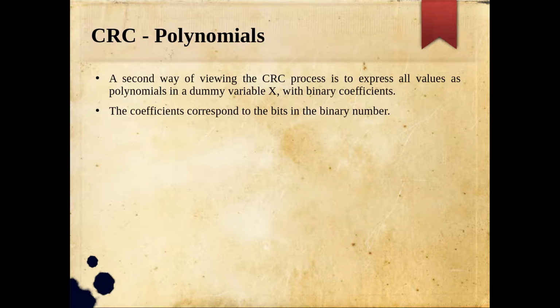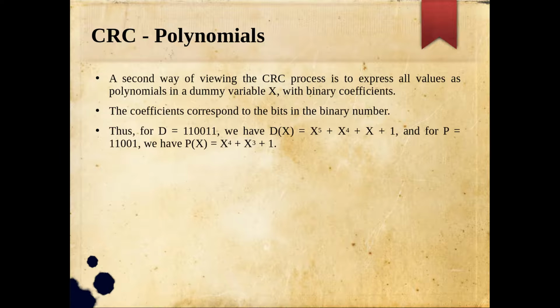So the coefficients correspond to the bits in the original binary number. Just take an example, it will be clear for you. Suppose this is a message we want to communicate, say 110011. You view this message as a polynomial of variable x. See how many bits are there, 6 bits. So it can be expressed by a polynomial of degree 5, x raised to 5, because we are starting with a constant term, that is x raised to 0. That is why, 6 bits, 0 to 5, we are going to get a degree 5 polynomial.